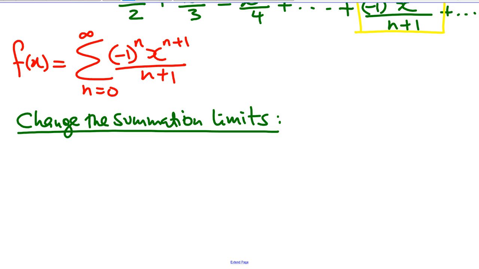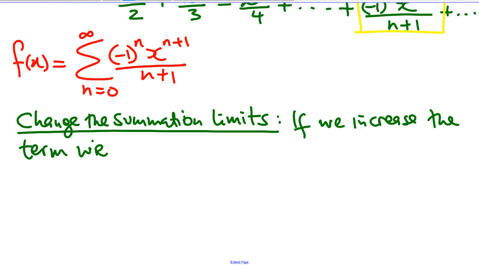That's the whole idea. So you can change the limit. So if I want to increase where to start from, let me just write this in. If we increase the term we start with by 1,